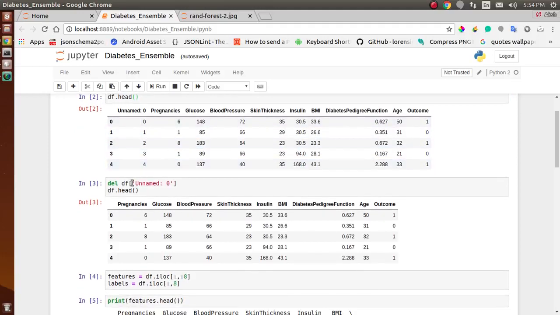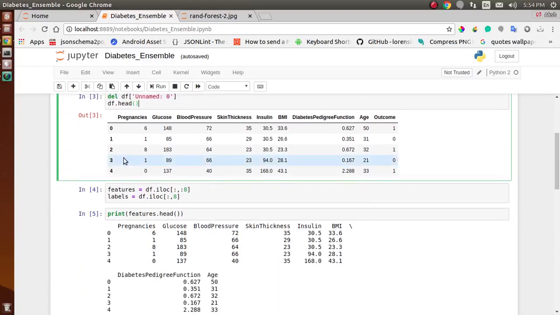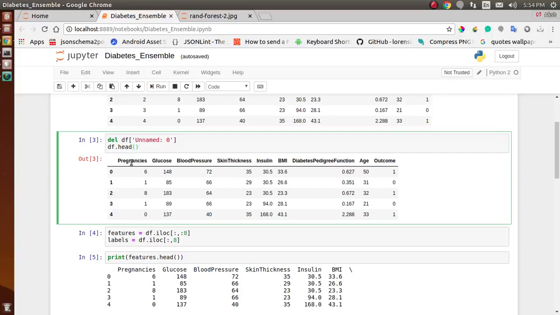So using del df unnamed 0, this is a delete statement here. So using this we will delete our unnamed 0 column. Then we will check whether it is deleted or not, and as you can see after printing this data frame we have our top 5 rows. To get this, if you want to get all your data, you need not mention head here, all you need to do is print the data frame, and if you want to just check whether you imported your data correctly, just add dot head here and you will get the top 5 rows of your data set.